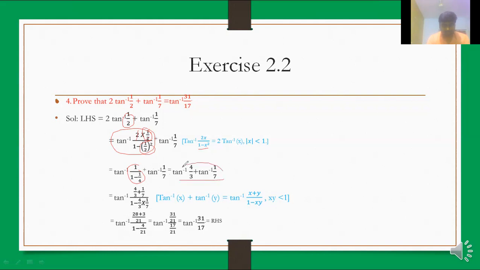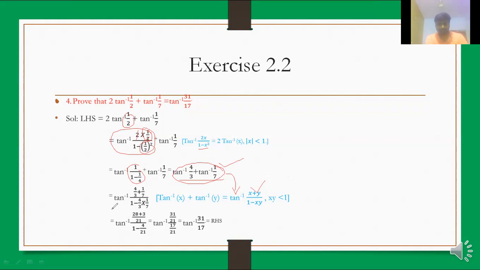Now finally, what would you get? Tan inverse of 4 by 3 plus tan inverse of 1 by 7. Now tell me, what is the formula we use from this? As we discussed before, which I told is important. What is that? Tan inverse of x plus tan inverse of y is tan inverse of x plus y by 1 minus xy. As I told you, properties are very, very important. Just have a look at that. In this video only, we have discussed almost all formulas. So after that, there is nothing to discuss. We'll discuss graphs only.